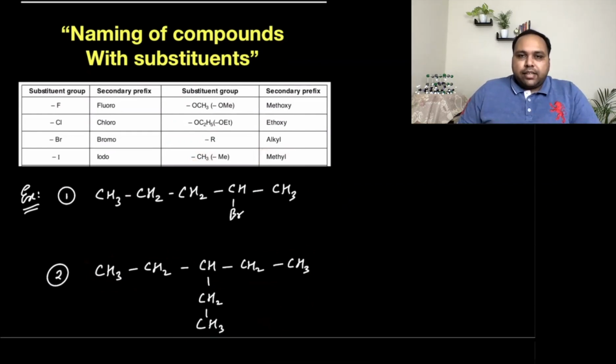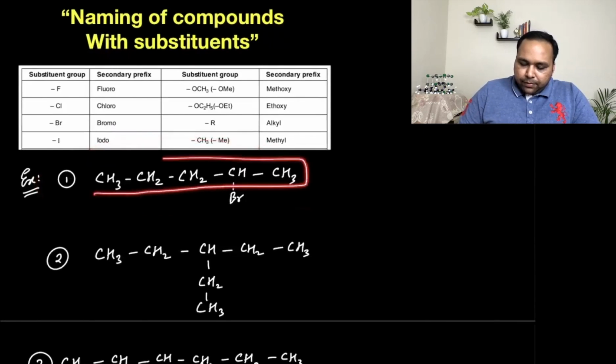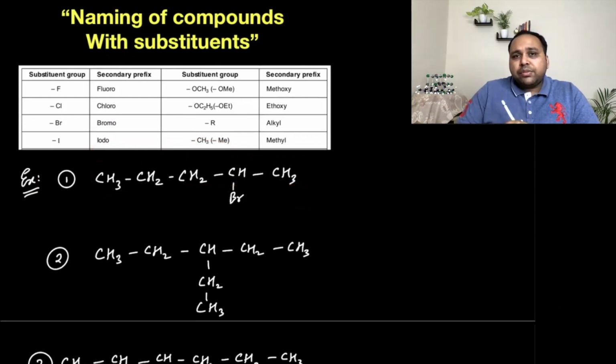Let's move ahead with our examples and learn how to use these in doing IUPAC nomenclature for organic compounds. So let's take a look at our first example. Here we have a carbon chain 1, 2, 3, 4, 5. So the word root, the first thing, for a 5 carbon chain is pent. Let's also number this. As we learned in the last lecture, we try to number so that the substituents get the lowest possible number. So we number it from the right hand side: 1, 2, 3, 4, and 5.